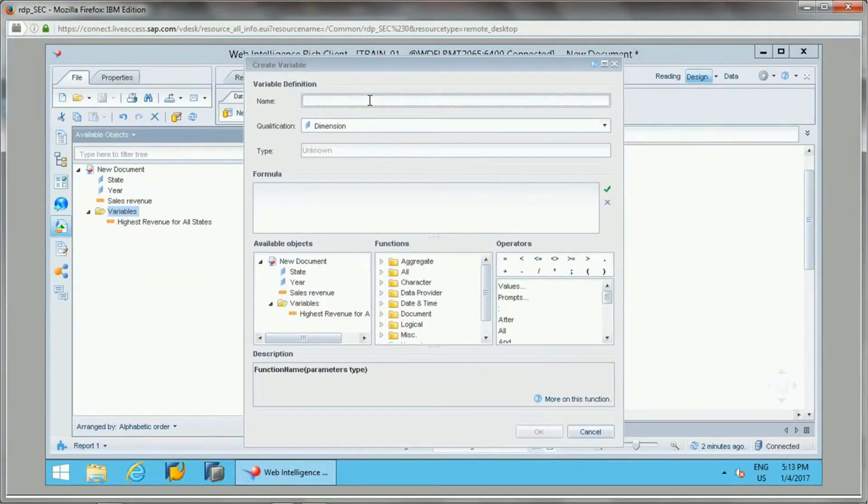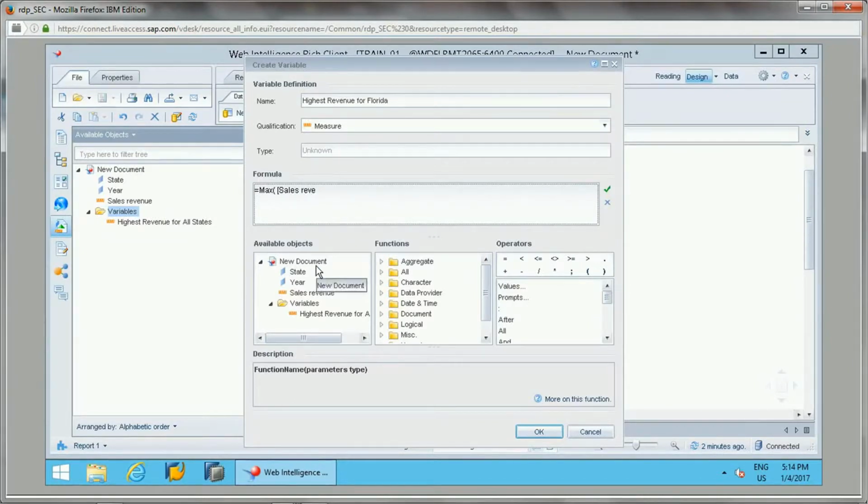Now I will create one more variable, highest revenue for Florida. We need to use a Max function, then Sales Revenue as the object, In state and year.